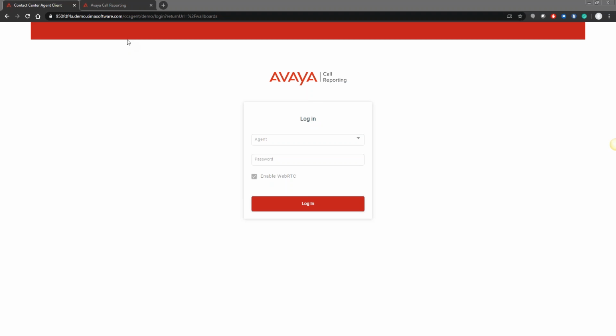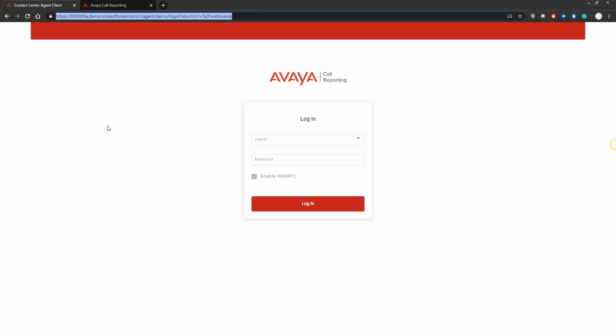One thing to keep an eye out for is the URL itself. Now, please note that the URL you will use to navigate to this client will be unique to your company. This is not the URL that you will use for yourself. But keep an eye out for the CC agent portion of that URL, as that is the client for Contact Center